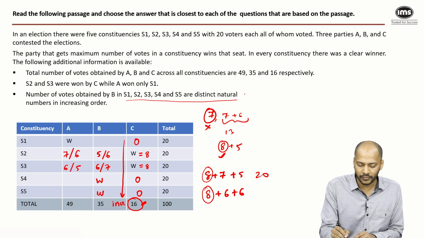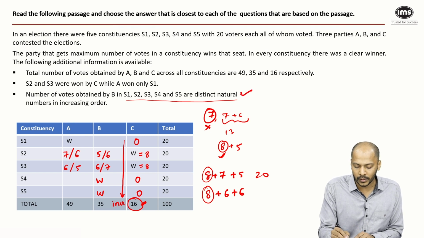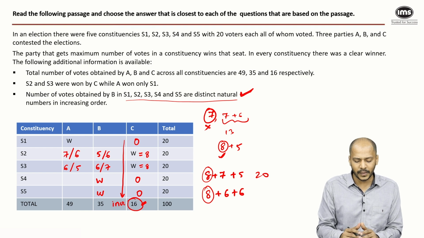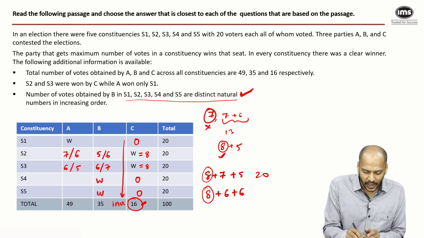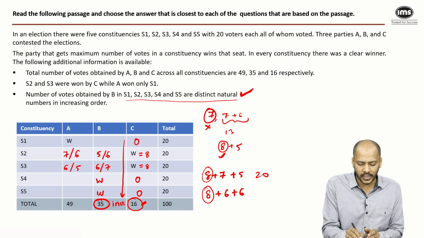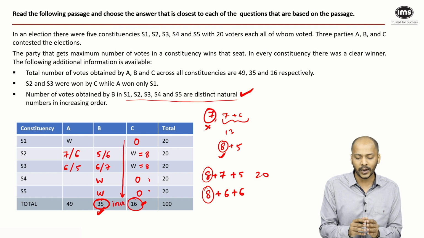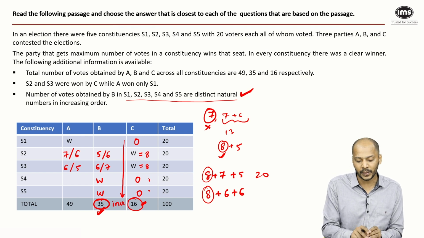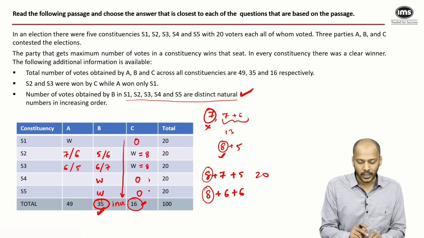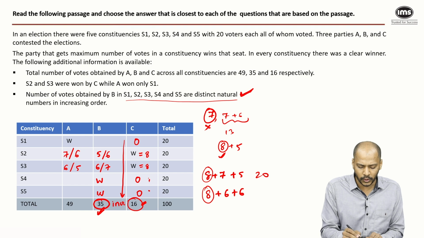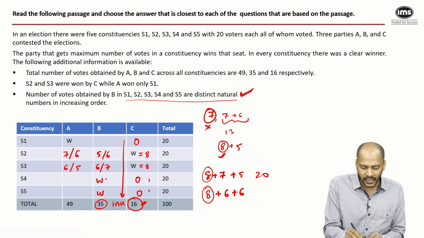But one piece of information that has majorly not been used is this. Can this be capitalized on, keeping in mind that A has to be the loser and B has to be the winner for S4 and S5, given that C has got 0 votes in those constituencies? So there are only 2 participants now, A and B, and B has to be the winner. Clearly B needs minimum 11 votes. If I just try to figure out, is it possible for B to get so many votes with just 35 total votes? So even if I give him the minimum votes over here, that is 11, with the increasing order